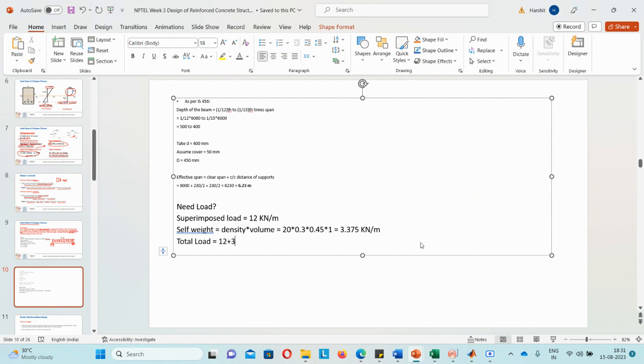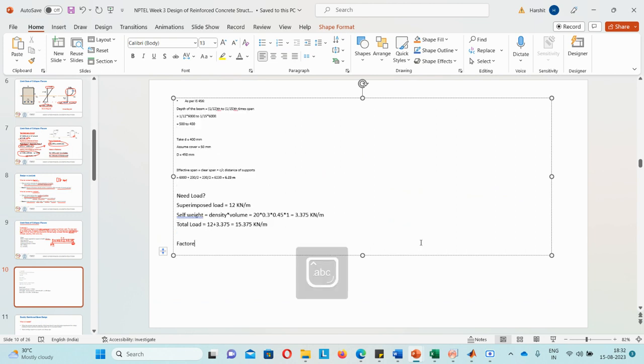So 12 plus 3.375. It will come out to be 15.375 kilonewton per meter. Now this is unfactored load, but when we are designing for limit state using limit state method, we need to factor the load also. So for ultimate load, we take a factor of 1.5. So factored load will be 1.5 times 15.375, which will come out to be